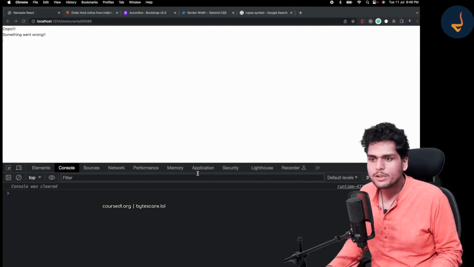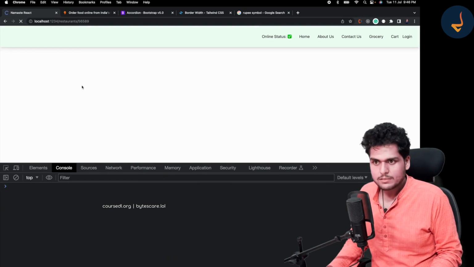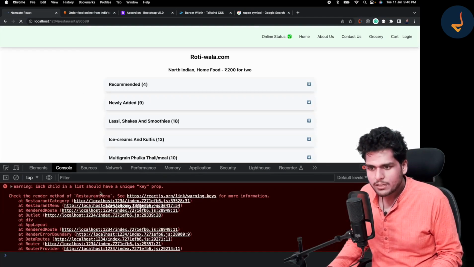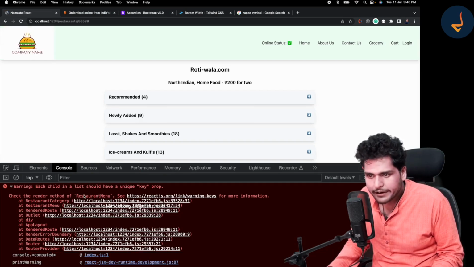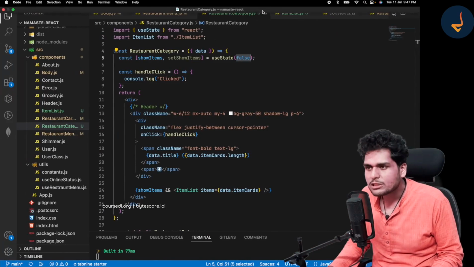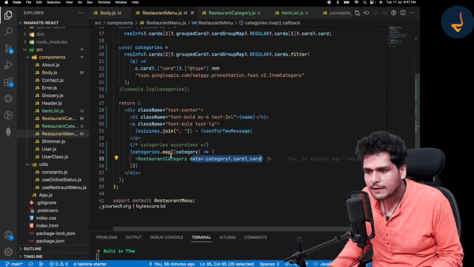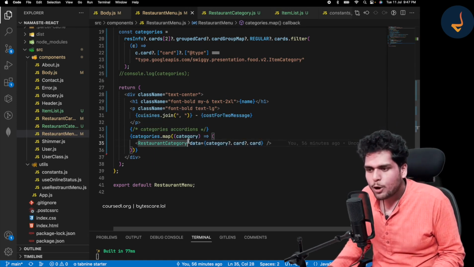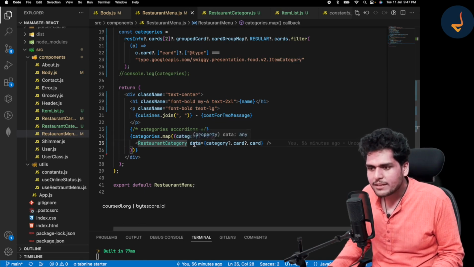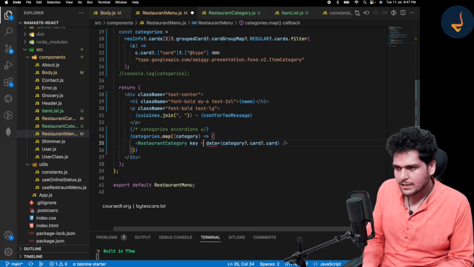Let me go back to the UI. Oh my God, something went wrong. Refresh the page. Each child item should have a unique key property. Let's go to restaurant menu. Where did we miss the key? Oh, over here we missed the key. Okay, so let's give it some key. Key is equal to